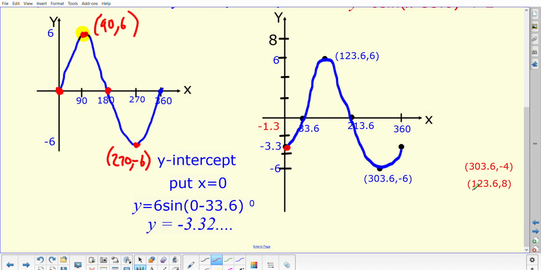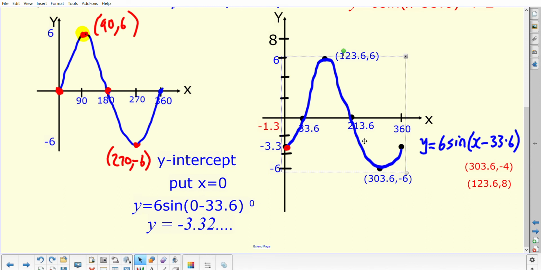Now we're not quite finished, right? That blue graph that I've got drawn there has the equation y equals 6 sine x minus 33.6, but we've still to do the bit with the plus 2. So basically what I'm going to do, I'm going to think is that graph is going to be shifted 2 units up the way. So when you shift it 2 units up the way,